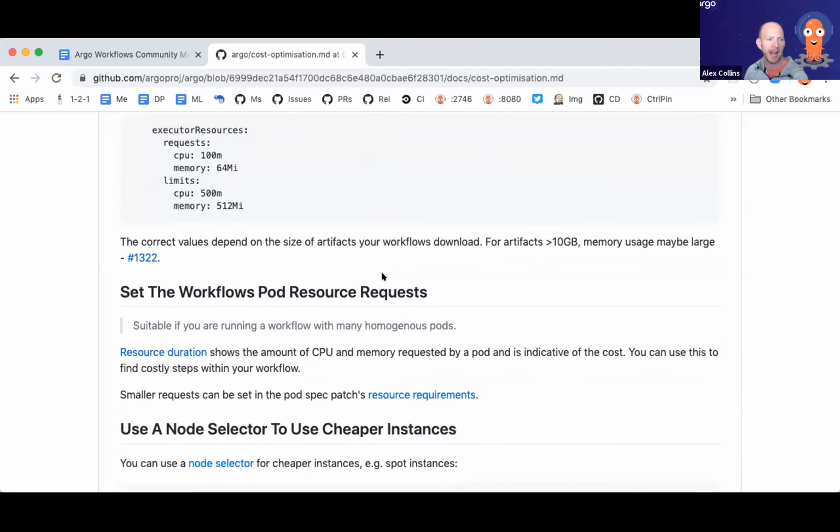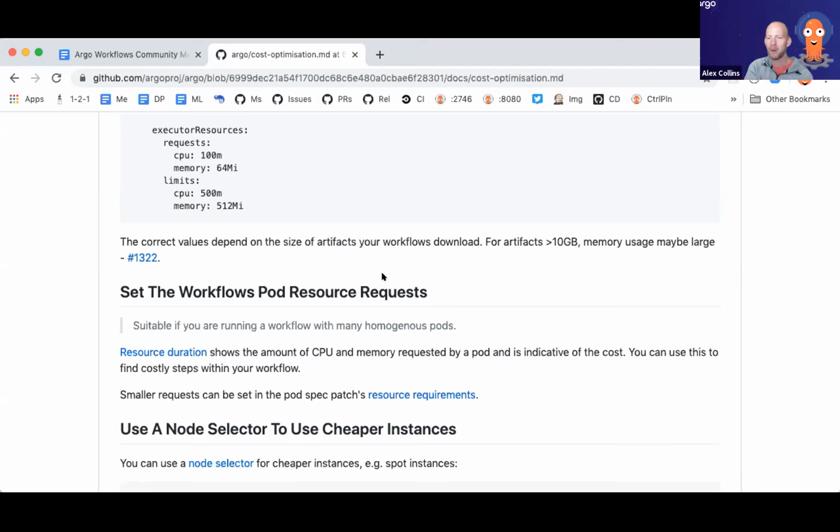We also have the ability to set the pod resource requests. And there's a new feature that came in, I think 2.6, which will give you a summary of how many resources your pod uses. The way that's calculated is determined by the amount of CPU and memory requests you asked for multiplied by the resource duration, as in how long that pod exists for.